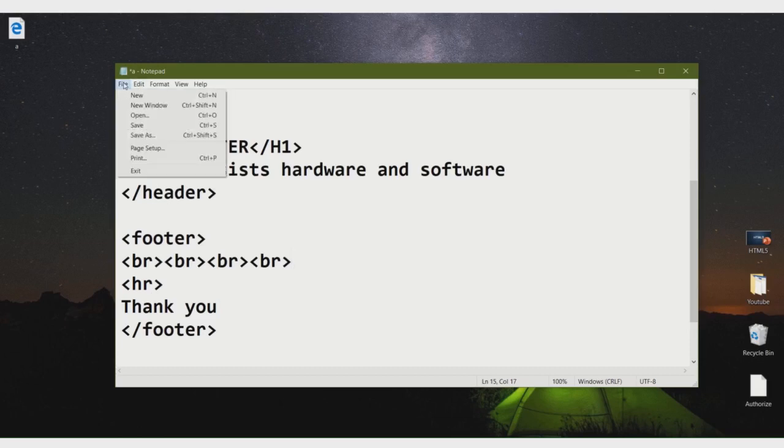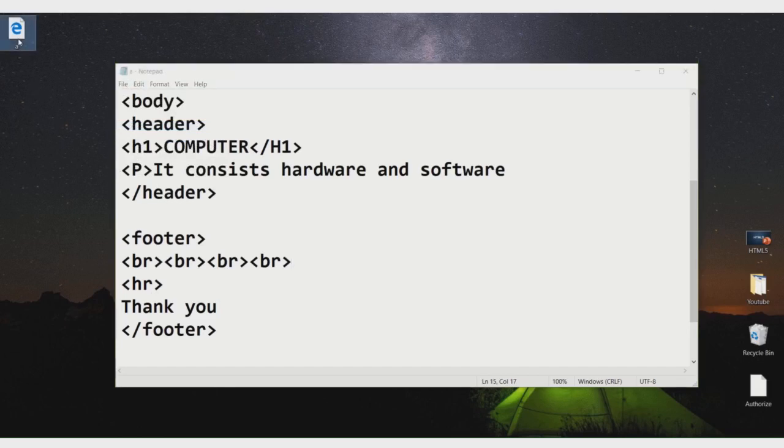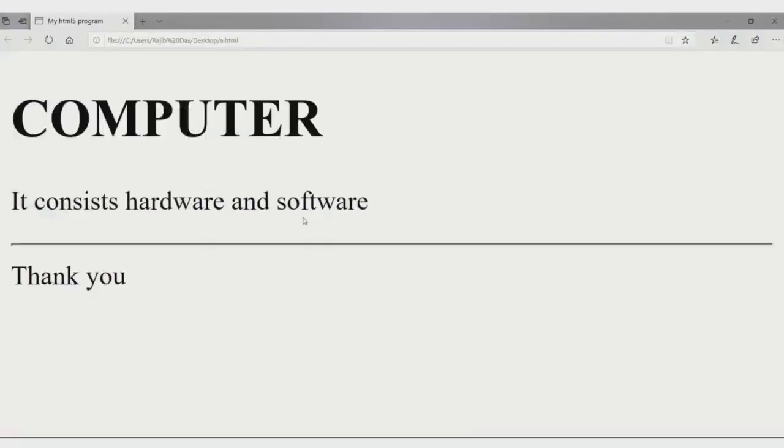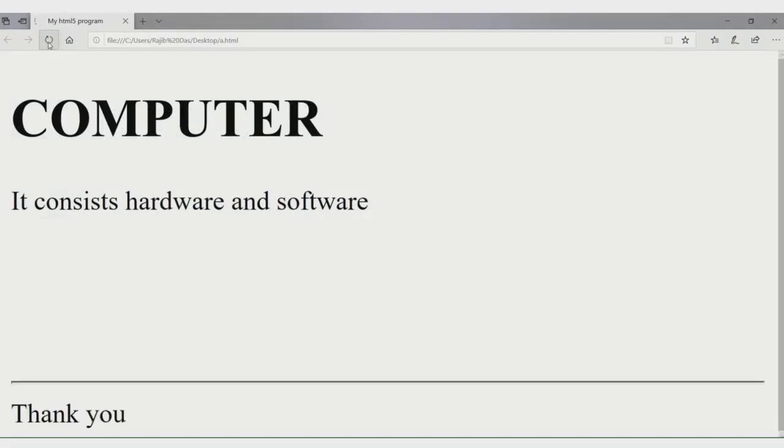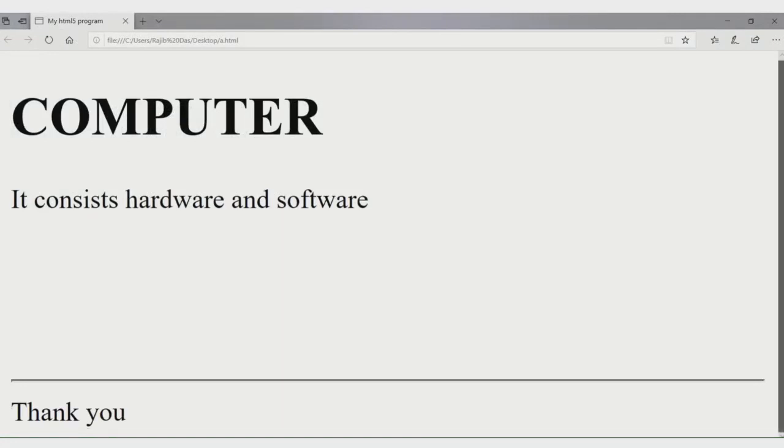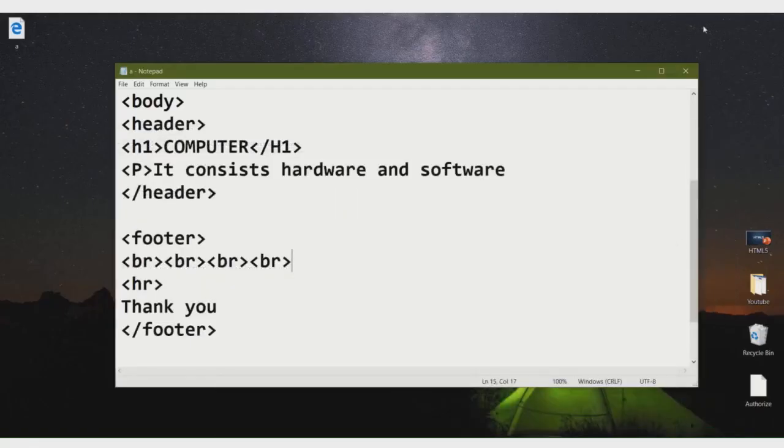I have given 4 BR. Again go to the browser and refresh it. So you can place it in the next portion. Okay, if I place it at the end of the page using this.